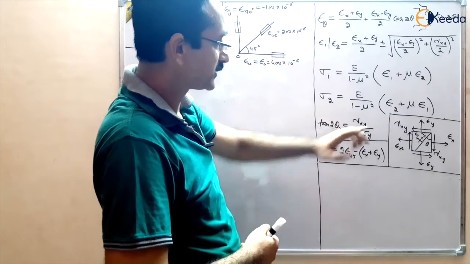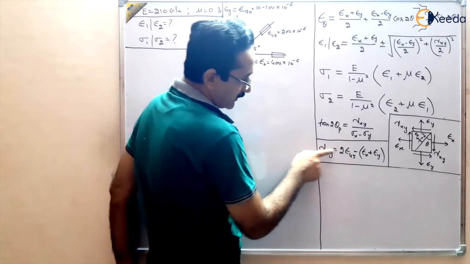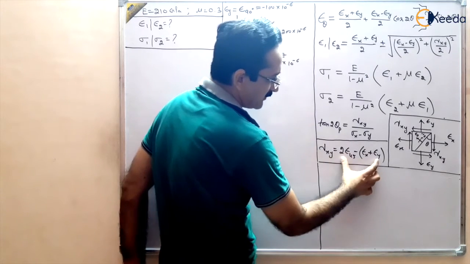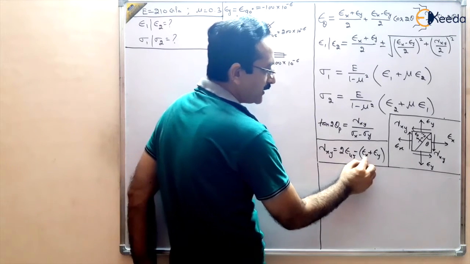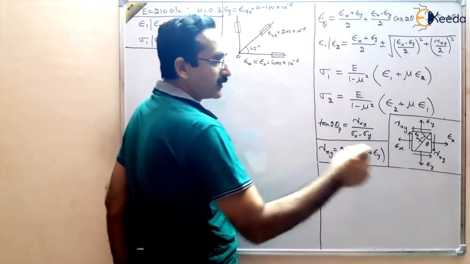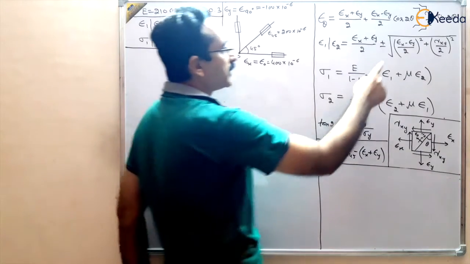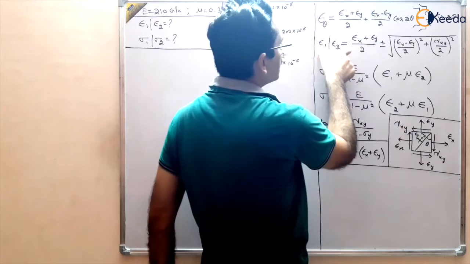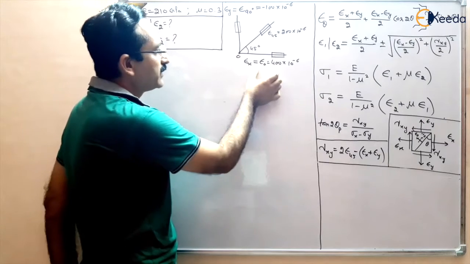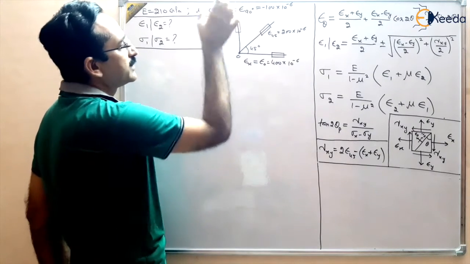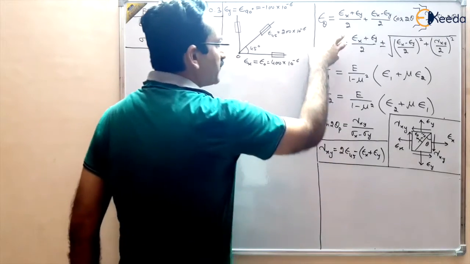This is gamma xy by sigma x minus sigma y, and this is a special case of strain rosette where the shear strain is given by this equation, where epsilon 45 is the strain gauge which is kept at 45 degree, and epsilon x, epsilon y is the strain gauge kept at 0 degree and 90 degree, two perpendicular planes, and then we can find out the shear strain. Finding the shear strain, we can put here shear strain, and we can find out the principal strains and then principal stresses. So here epsilon x, which is at 0 degree, is given to us, epsilon y is given to us, epsilon 45 is given to us. Now find out the shear strain, and after shear strain find out principal strains, right?